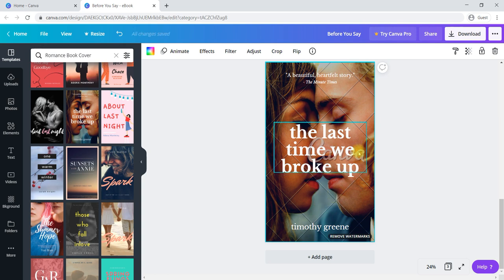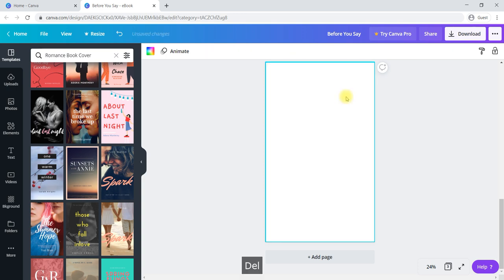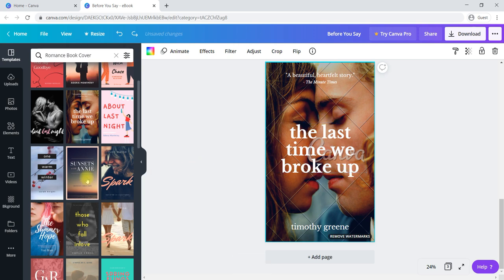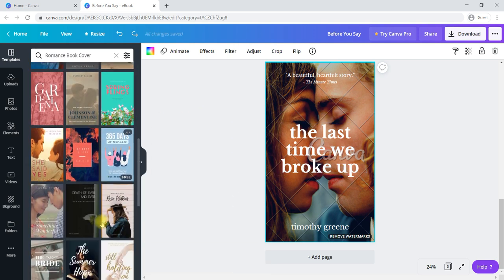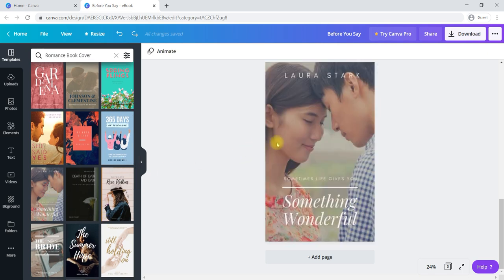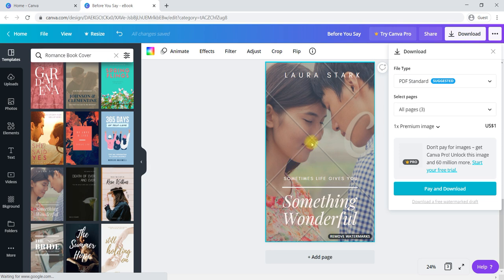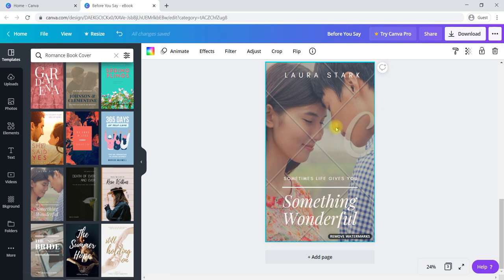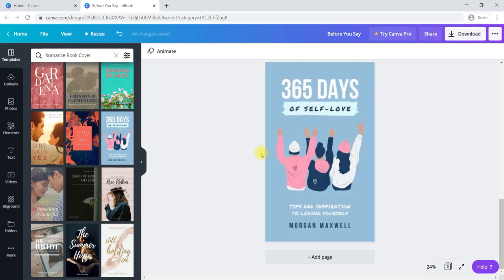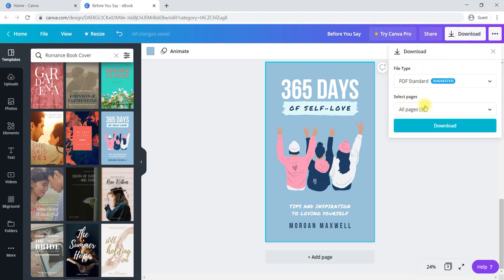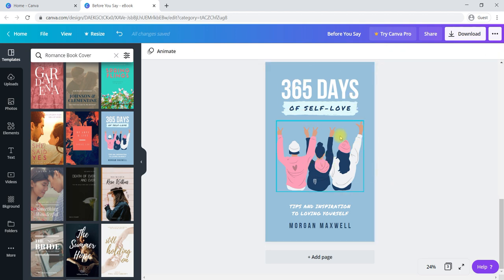In case there is a watermark in the template, at that time you have to delete that particular image. We have to use a different image as a background. You have to search for images that don't have a watermark. If you go to download again, there is a paid image. These images are paid. If you have any images with you, you can utilize those images, so that you can create a book cover free of cost. If you go to download, you'll come to know that this doesn't have any paid images, so you can use this for your book cover.